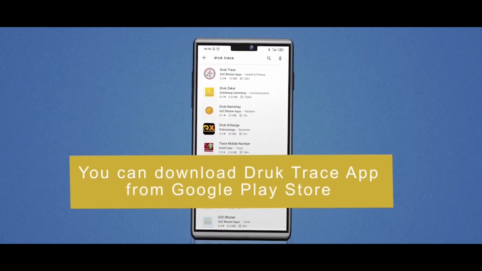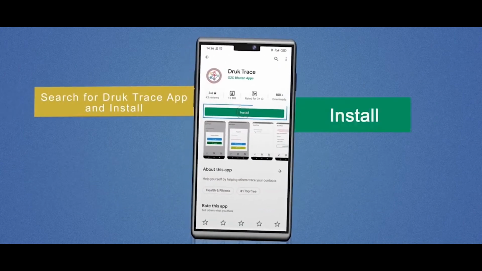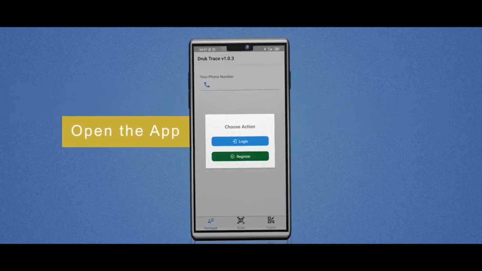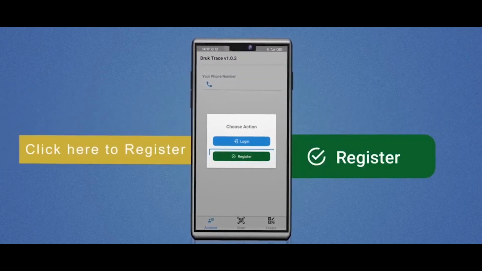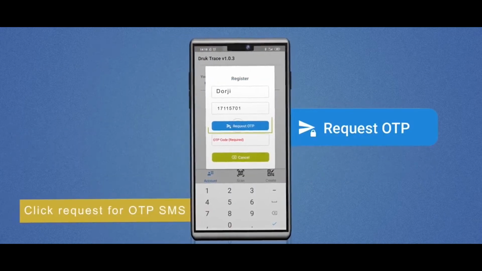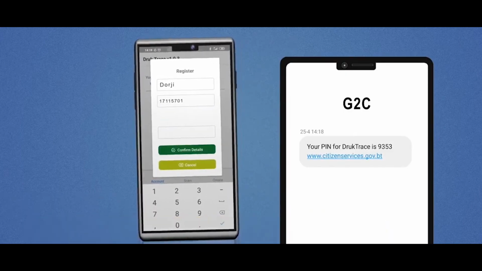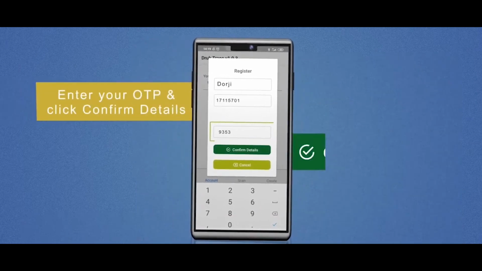The app is fairly simple. Unlike in other countries, where such apps use GPS and Bluetooth technologies and are more advanced and complicated, in Bhutan you just have to install the app from the App Store or Play Store, and then register using your number and your name. That's the basics. Once you register, you get an SMS, and upon entering the SMS in the app, you can start using the app.